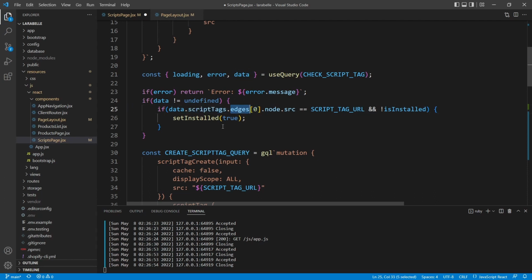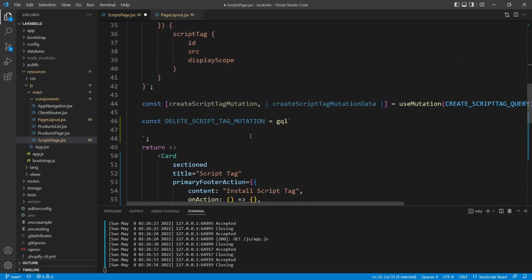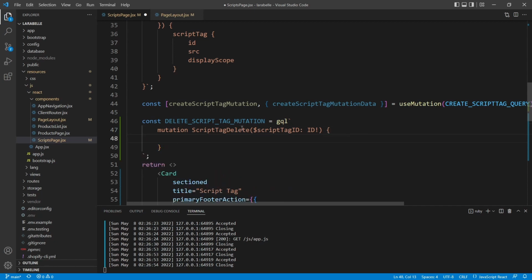This is going to be an array, so we are going to loop through these edges and delete all of the script tags inside of this array, okay? So what we're going to do is to create first the mutation, and then call it scriptTagDelete, and we're gonna need to create a variable, and we can just call this variable scriptTagID, and for its type we'll set it to ID, and then inside of this we're going to use the mutation called scriptTagDelete, and then we need to pass an ID as an input, and then we can just use here the ID that we created, script tag